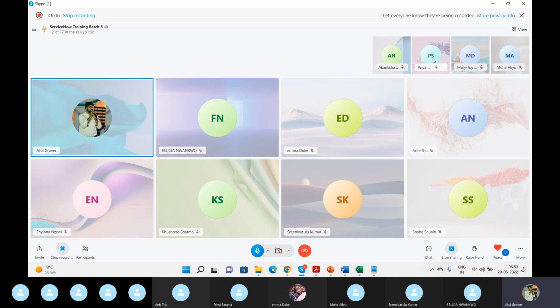Priya says, sorry, I don't have rights to do that part. I'm not accountable to do that part. Then how will Saba perform the testing? In this case, Saba will log in either as Khushbu, or log in as Ima, or log in as Akanksha, or log in as Priya and approve the request on their behalf. But